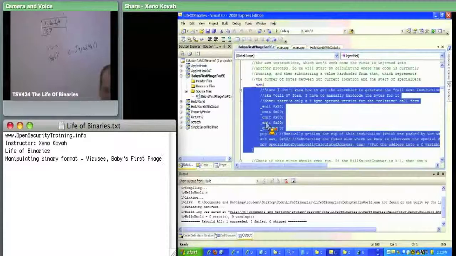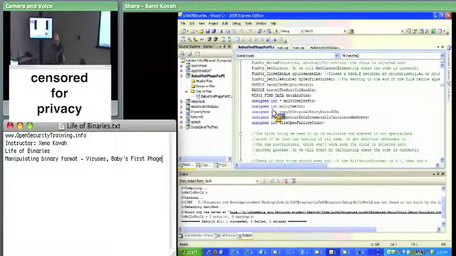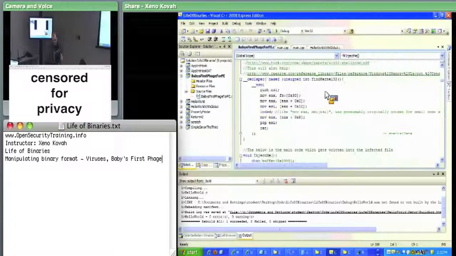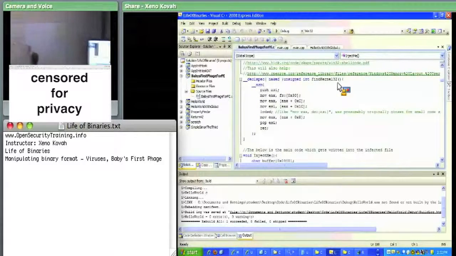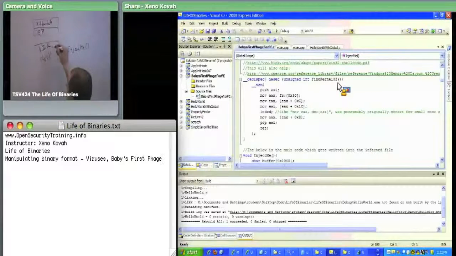Sorry, not exactly accurate here. There's a little function above this called find base address, find kernel32.dll. Got a little helper function which comes right here. So there's some helper function, but when we get into the actual inject me,